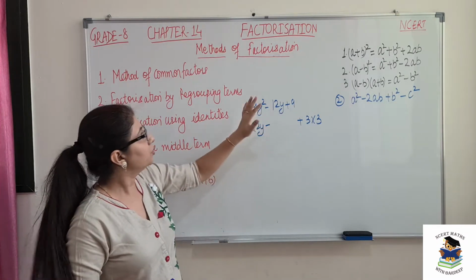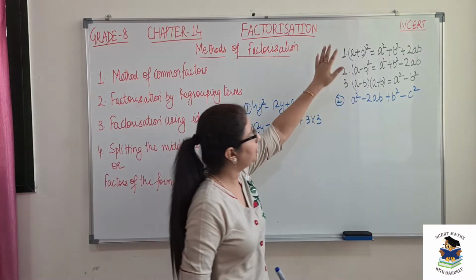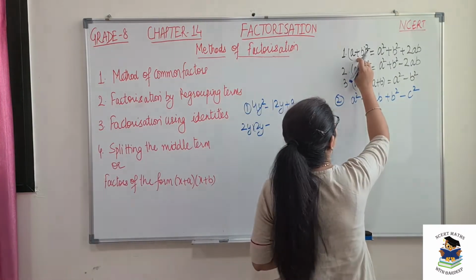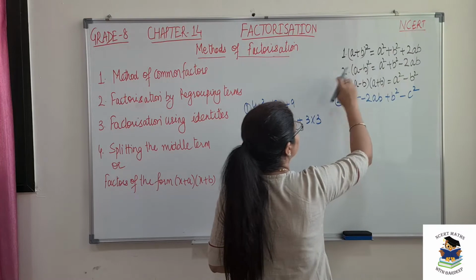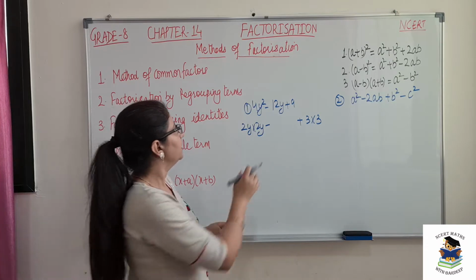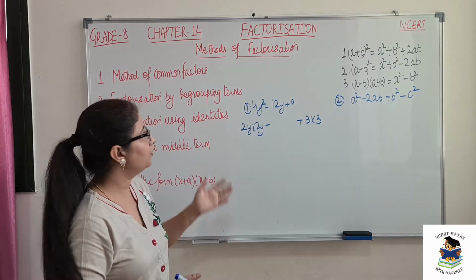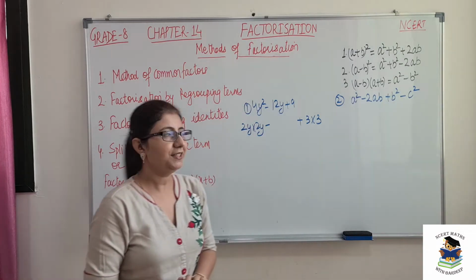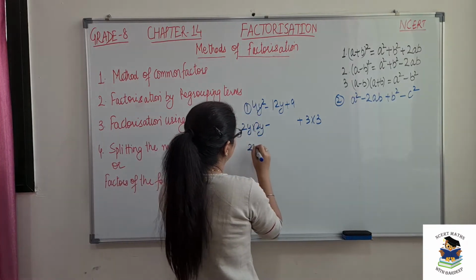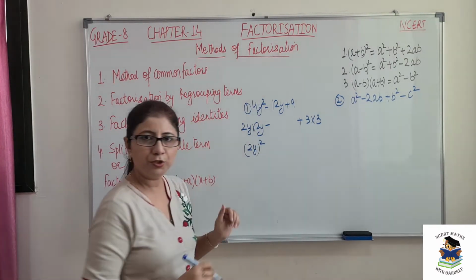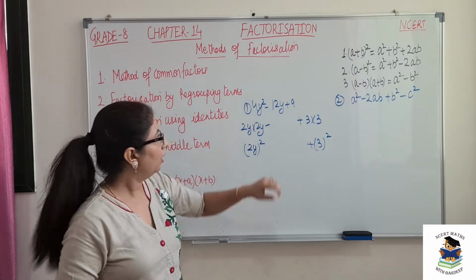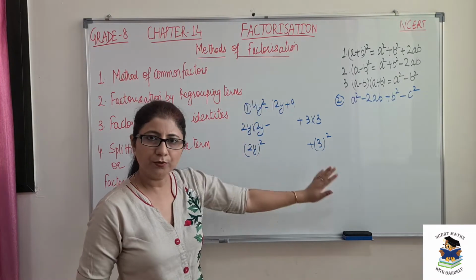2 terms. In both identities, a square and b square are always positive. But in case of (a plus b) whole square, this 2ab term is positive. In case of (a minus b) whole square, this minus 2ab is there. Since we have this minus here, this means we need to convert this into the second identity, that is (a minus b) whole square. So let's check here. This is a square of 2y and this is a square of 3. So now our middle term should be made out of these 2 terms.